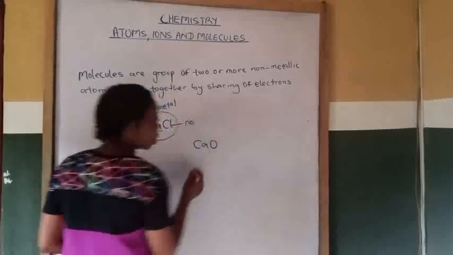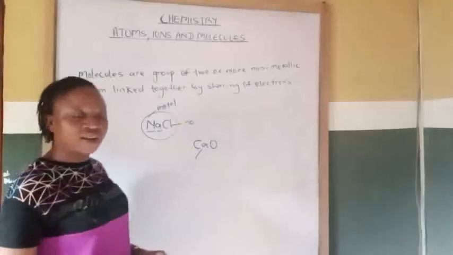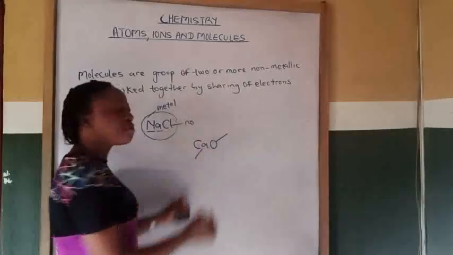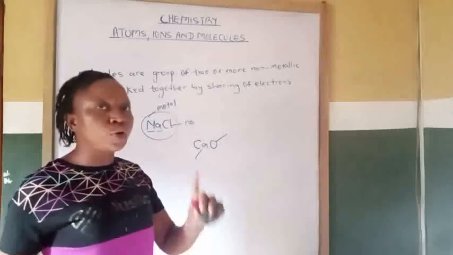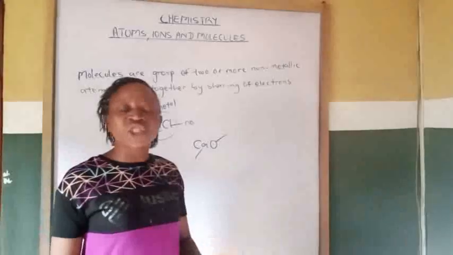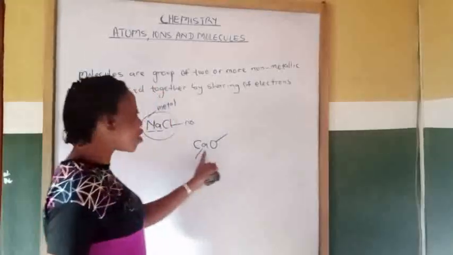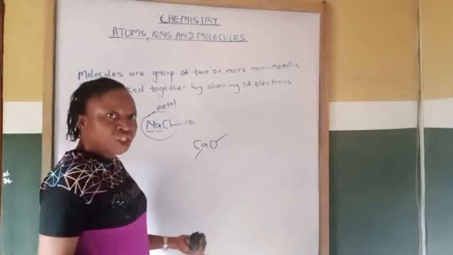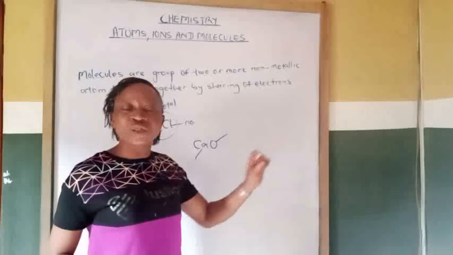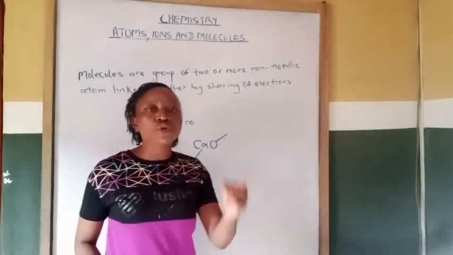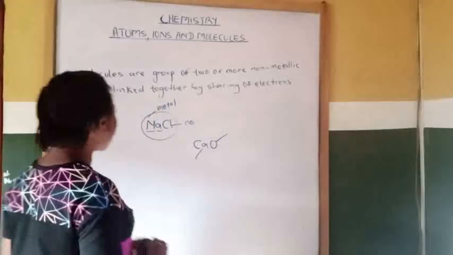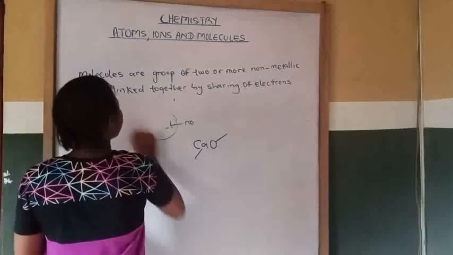Let's look at another one. Calcium and oxygen. Calcium is a metal. Oxygen is a non-metal. So the combination of a metal and a non-metal will not give you a molecule. You can't call it a calcium oxide molecule. No, it is not a calcium oxide molecule. It is a compound; you call it calcium oxide. So a reaction between a metallic atom and a non-metallic atom will not give you a molecule. A reaction between two or more non-metallic atoms will give you what we call a molecule. Now, let's discuss the two types of